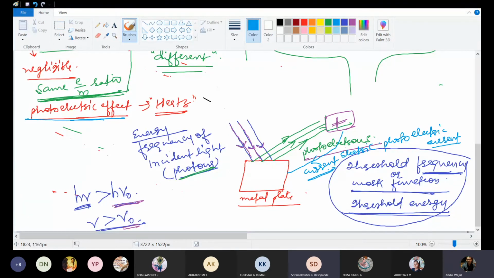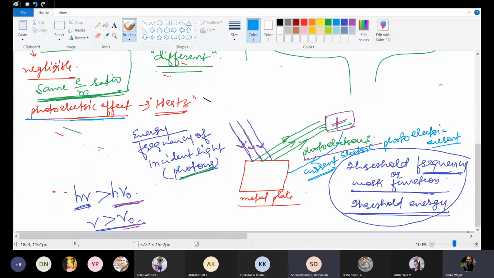Instead of saying all this, what you should say is that the ionization energy of cesium in the entire periodic table is the minimum, so it will lose electrons with the greatest ease. Cesium has the lowest ionization energy in the entire periodic table, so it loses electrons with greatest ease. Is it okay? Yes, sir, and sodium will have the highest. No, lithium will have the highest ionization energy, not sodium.